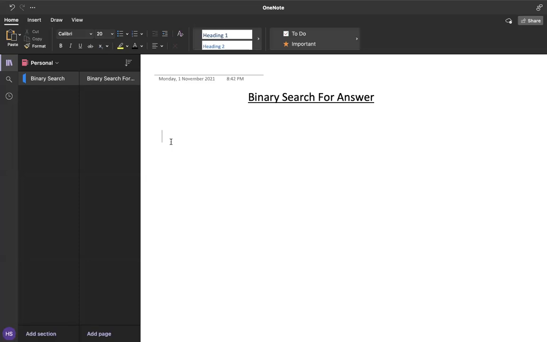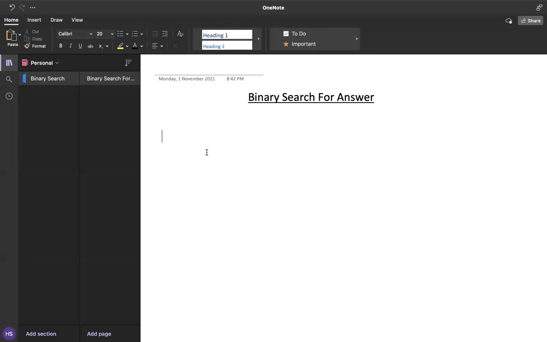And more specifically, we are not going to learn about basic binary search. We are going to learn about an advanced form of binary search, which is called binary search for answer. And as a prerequisite of this session, I would expect you to know what binary search is. The basic surface level knowledge of binary search is required to understand the topics of this session. And I guess we can start now, right?